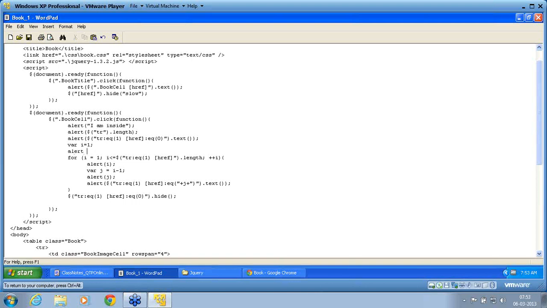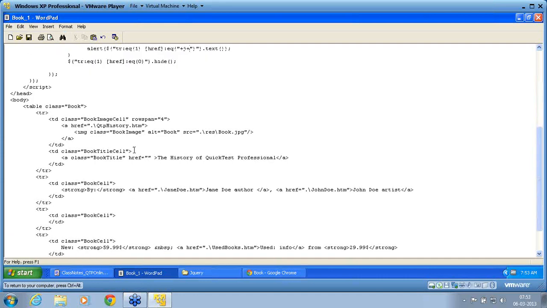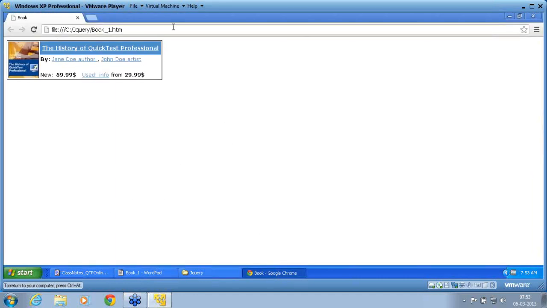I would like to alert this full statement so that it alerts the author. Close it, and use a semicolon at the end of the statement. So it now alerts the total authors. Then I am taking the author and iterating through all the authors, and I am displaying each author here. All this code I'll pass on to you through Notepad. Don't worry.